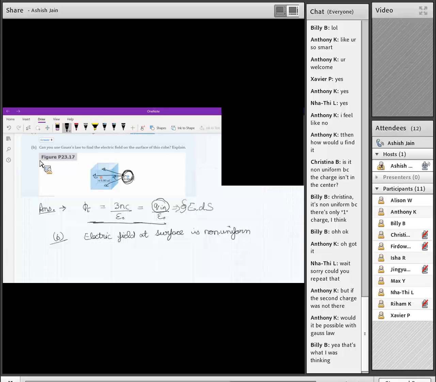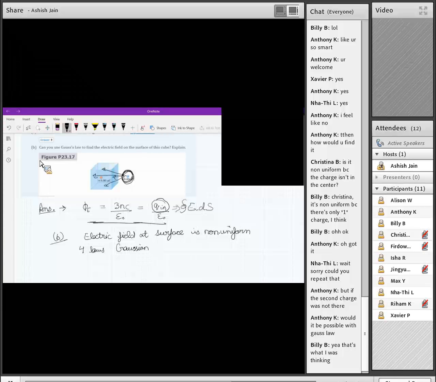There is another charge that is outside the surface, outside the cube as well. This is non-uniform, and there are 4 rules that a Gaussian surface has to follow. At least one of them should be followed. This is in your section 23.4, you can read them. Because of the non-uniformity in the electric field,